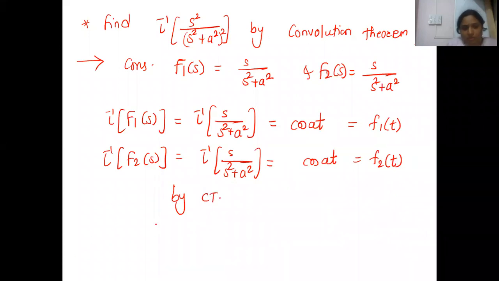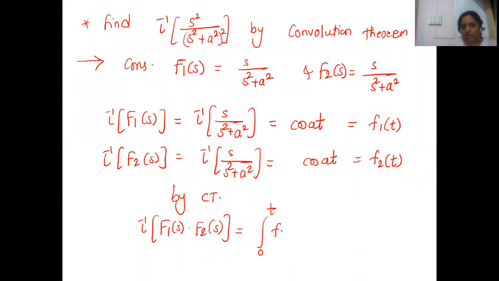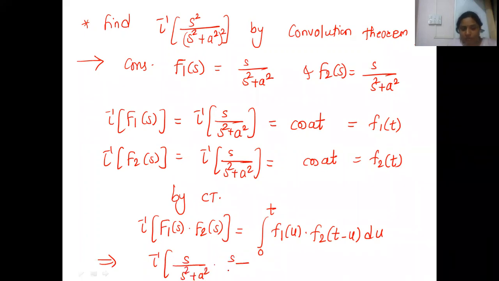So by convolution theorem, the Laplace inverse of F1(s) into F2(s) is the integration from 0 to t. You should always remember the formula; formula is important in convolution. They will ask you in the statement itself, what is the convolution theorem statement, and you have to identify the correct one: f1(u), f2(t minus u), du. Put all the values there: s upon s square plus a square into s upon s square plus a square